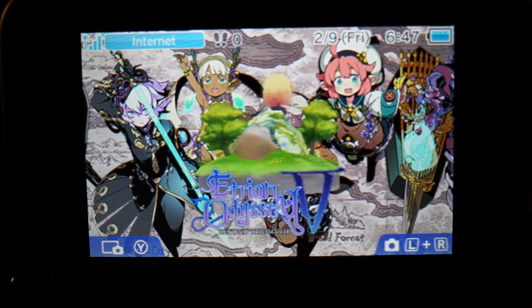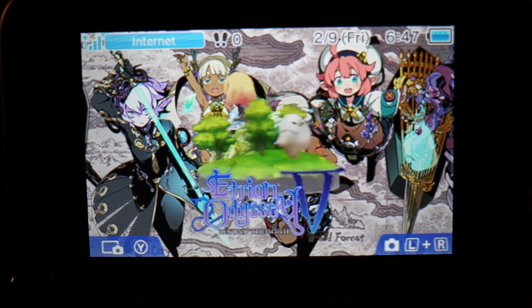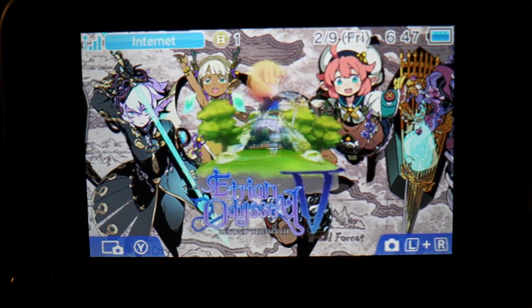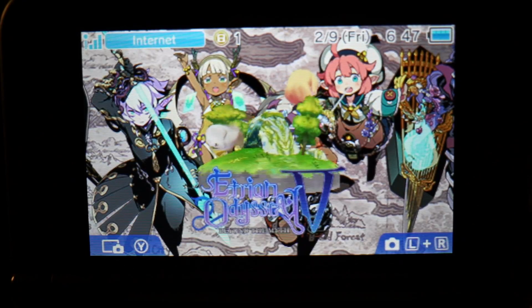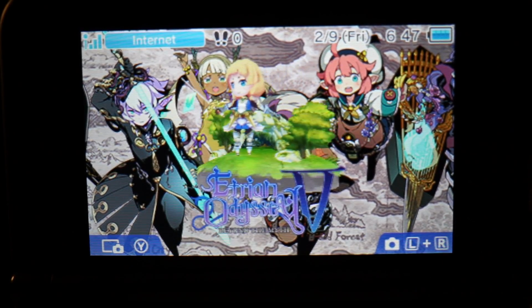Etrian Odyssey 5, Beyond the Myth. So this is my first time playing one of the games in this series. This morning I'm going to be playing on the Nintendo 3DS. And for the recording setup today, it's actually pretty simple, although it's been complicated to get it set up just right. But I am recording using the Sony Alpha A6000